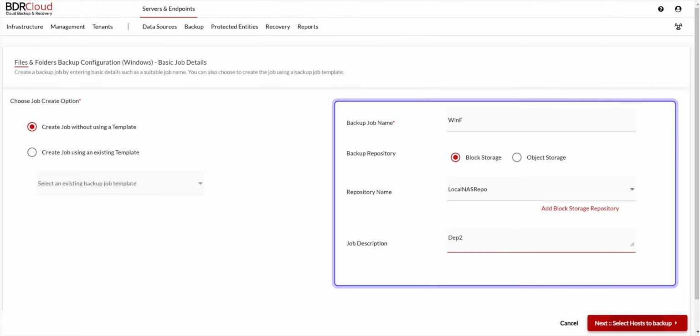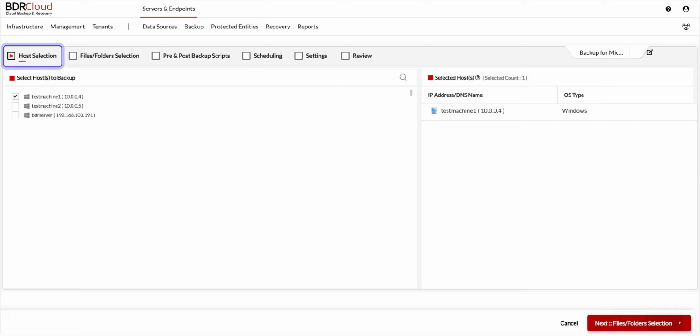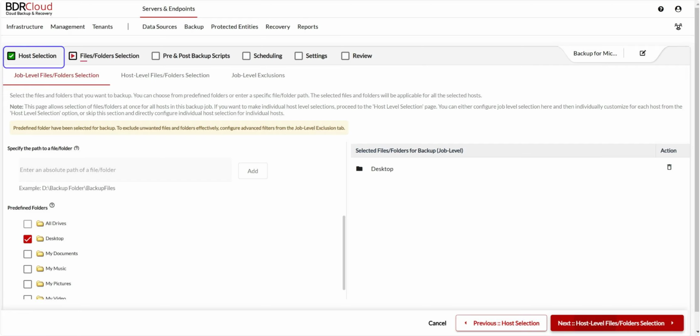This is the basic Job Details page. Enter the required job details and click Next. On the Host Selection page, select hosts from which you want to back up files and folders. You can choose single or multiple hosts in a job. Once selected, click Next. On the File or Folder Selection page, you can choose files and folders for backup using